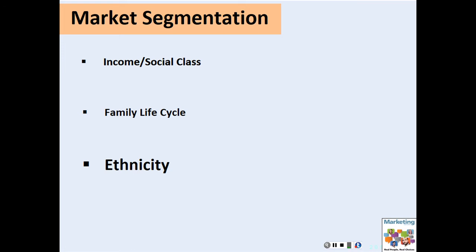Likewise, ethnicity, certain products are targeted towards particular ethnic groups, particularly the ethnic type of foods. So there are Spanish foods targeted at Hispanics, and then of course the mainstream foods, or the clothing. Some clothing, particularly for rituals and festivals, is worn by Hispanics, by Asian Americans, by Chinese Americans, and so if you are marketing those particular products which belong to the ethnic cultures, then we segment the market by ethnicity.